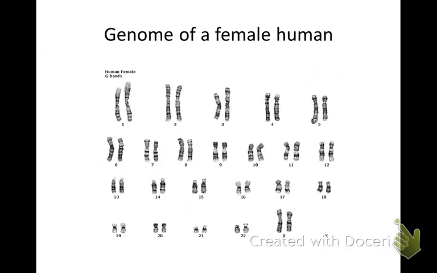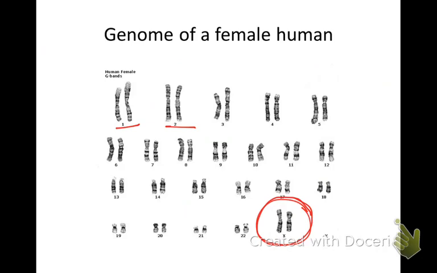Okay, so if you look here, this is a picture of a female genome. It just says female, and I can tell that because there are 2 X's and there are no Y's. Right, there's not any Y's down there. And this is a karyotype. It's a picture of someone's chromosomes lined up. So you have 2 number 1s and 2 number 2s. So you have 46 chromosomes or 23 pairs. And this last set determines whether you're a girl or a boy.